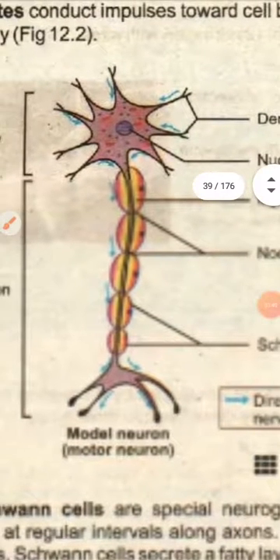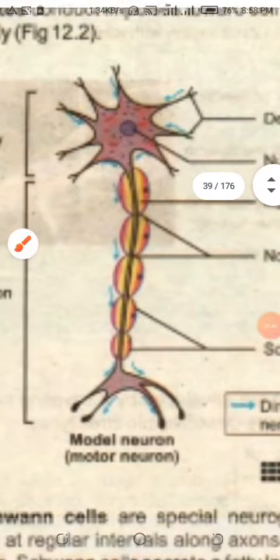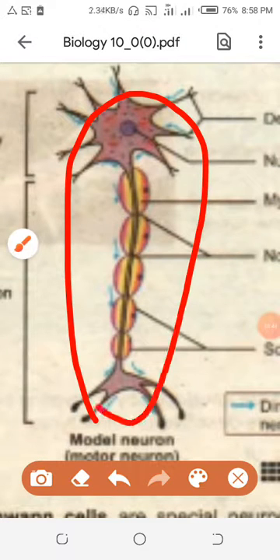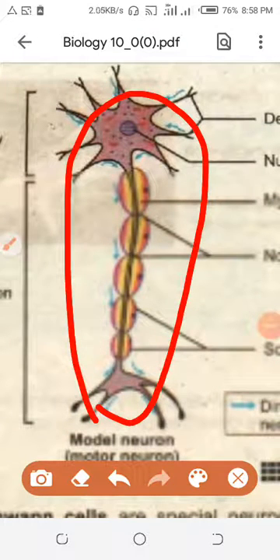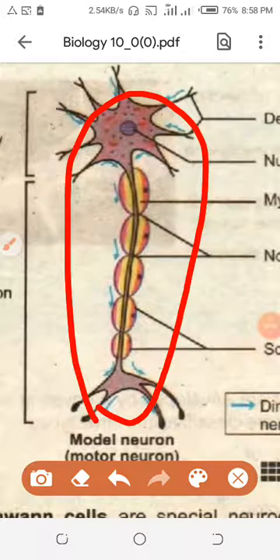So this is the neuron, this neuron cell you can see here. The importance of the neuron cell is that it is present in all parts of the nervous system. If you compare the brain with the spinal cord, if you compare the sensory neuron, if you compare the peripheral nervous system, because if you divide the nervous system into two types, what is that? You will recall from the previous session. Yes, CNS and PNS. CNS means the central nervous system, and PNS means the peripheral nervous system.